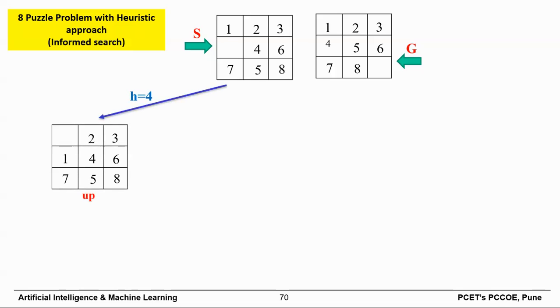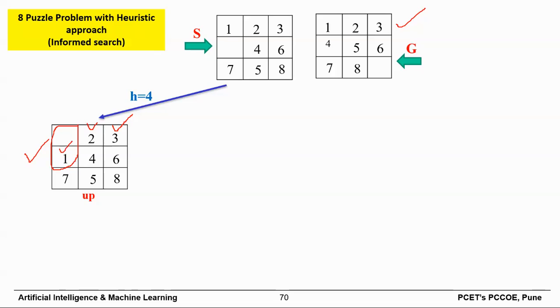Suppose we interchange 1 and that blank place, right? So if we decide to go for this particular move, I can compare this particular new position with my destination, and I will check how many misplaced numbers there are. So 2 is at the right position, 3 is at the right position,